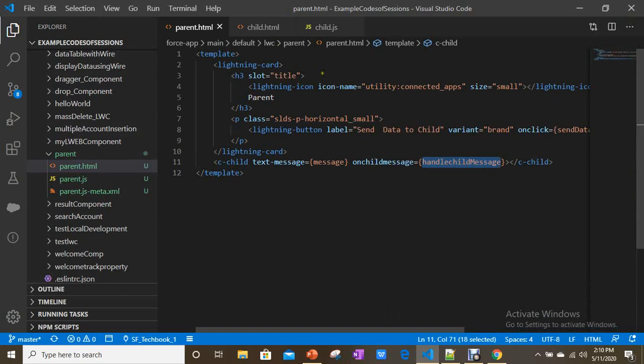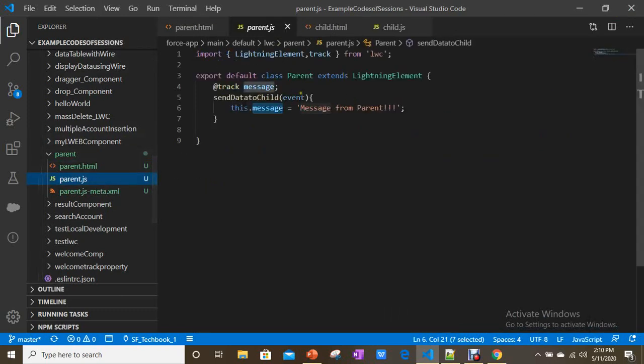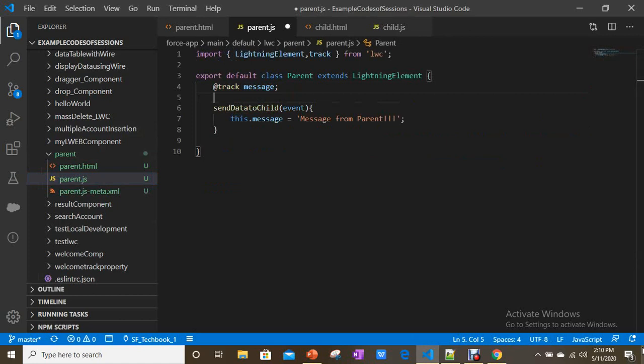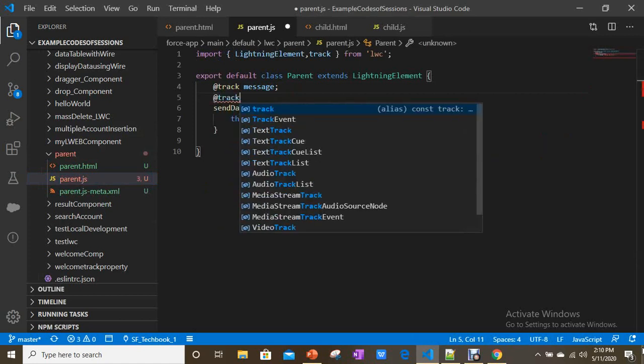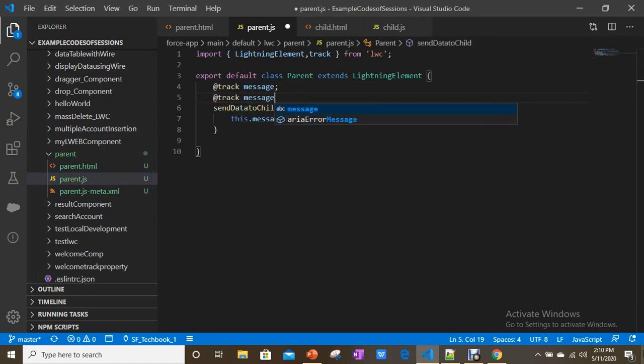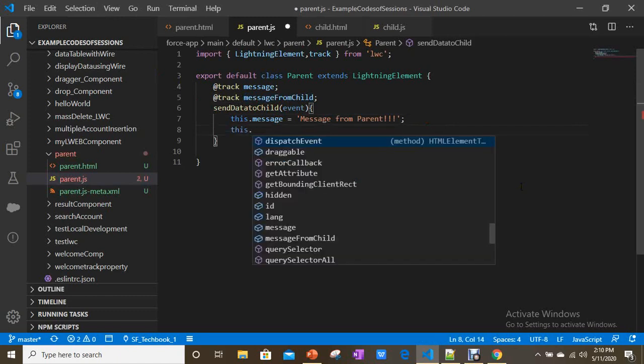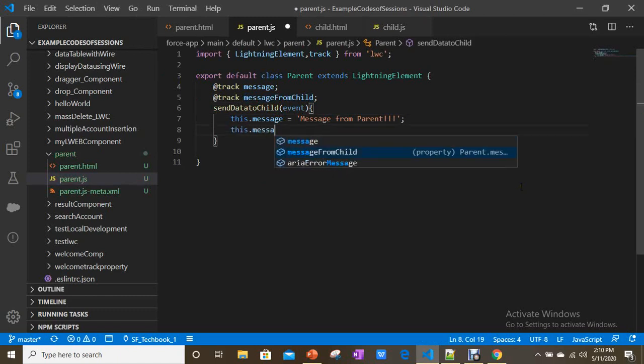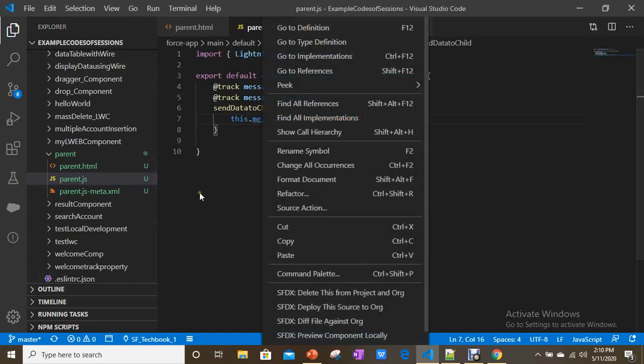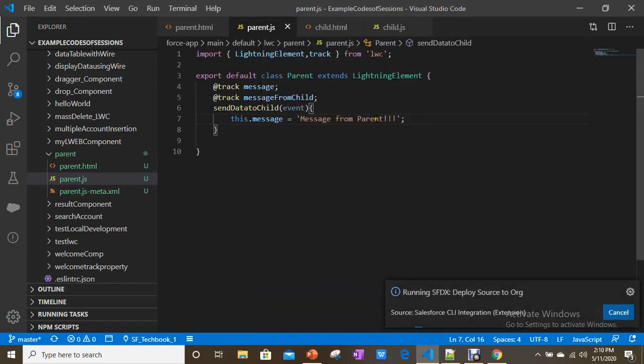Now let's go to parent.js. I'm going to give track message from child, and here this dot message from child. So I have to get the data from the event which is dispatched from child, right?